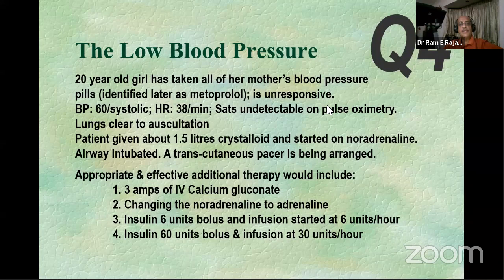Many people say high dose insulin. The question is, which is the high dose insulin? For most of us, even 6 units, that is 0.1 unit per kg per hour, is typically what we would use under ketoacidosis kind of situations, right? So is that a high dose insulin, or has it to be much higher than that?